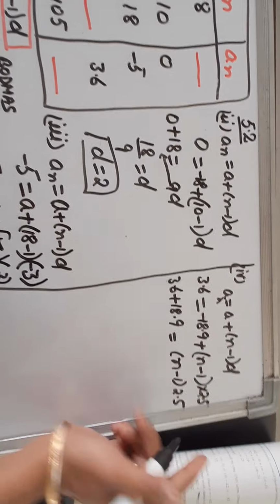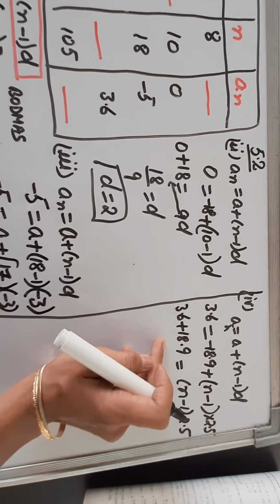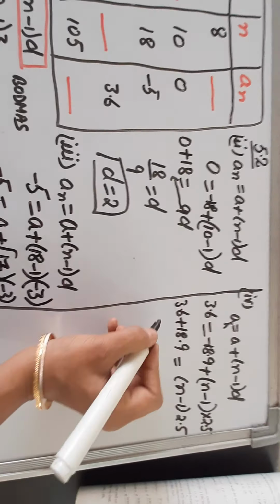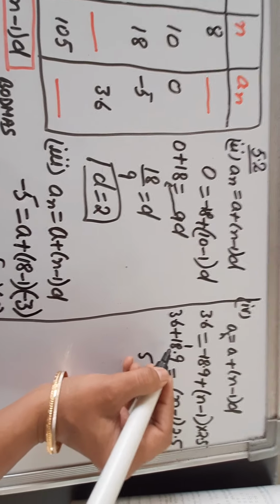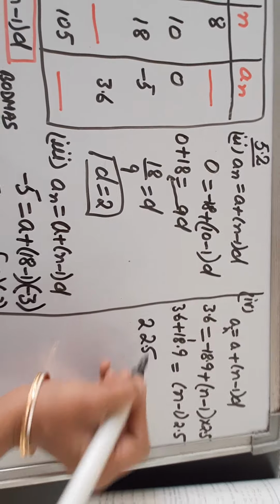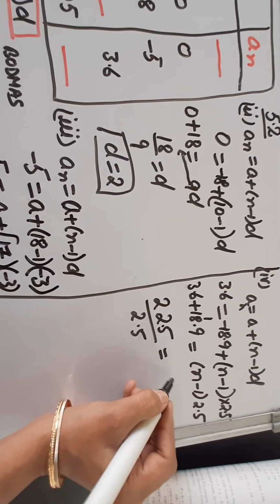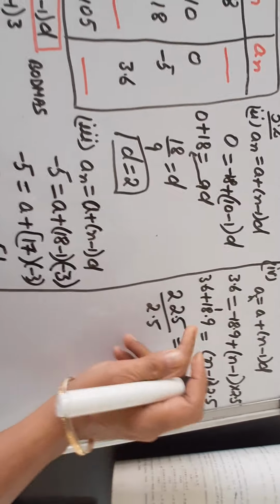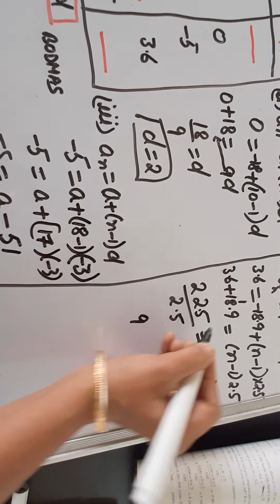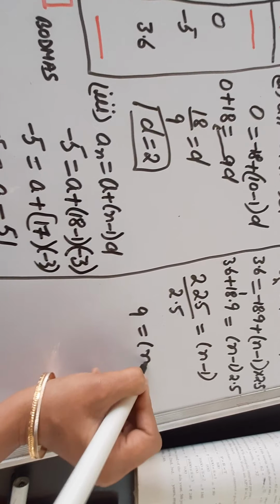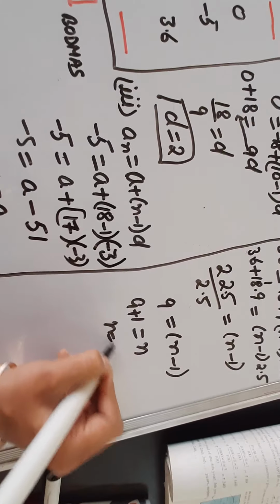And the second one is that because it is multiplying by the whole bracket, by cross multiplication you can directly take it into the denominator. So first you add it. So we'll get 22.5, and now I'll take it to the denominator like this, n minus 1. So just solve it, remove the decimal, and you'll get it as 9. 25 9s are 225. So n minus 1, minus when it goes to the other side becomes plus. So n is equal to 10.